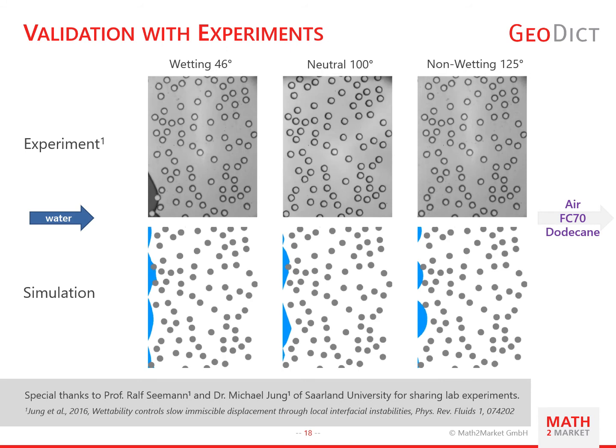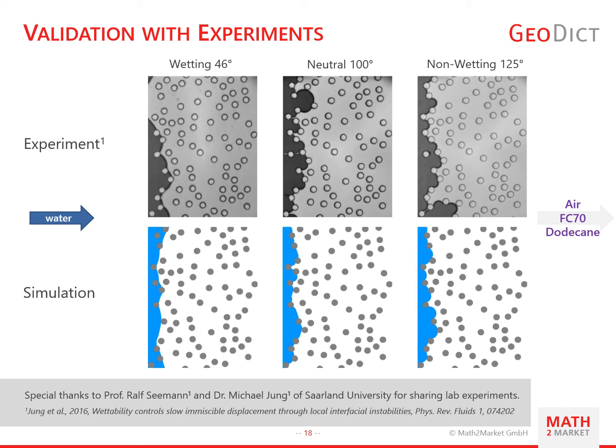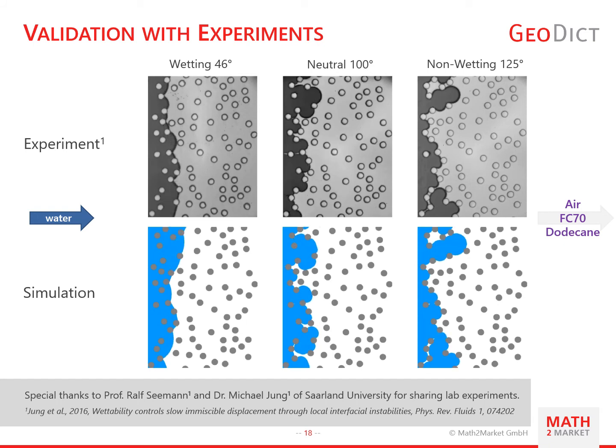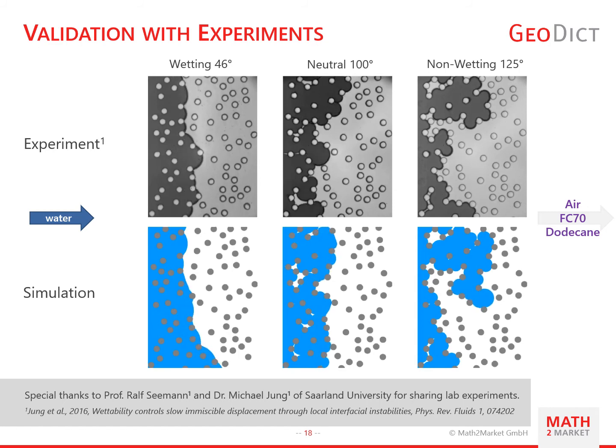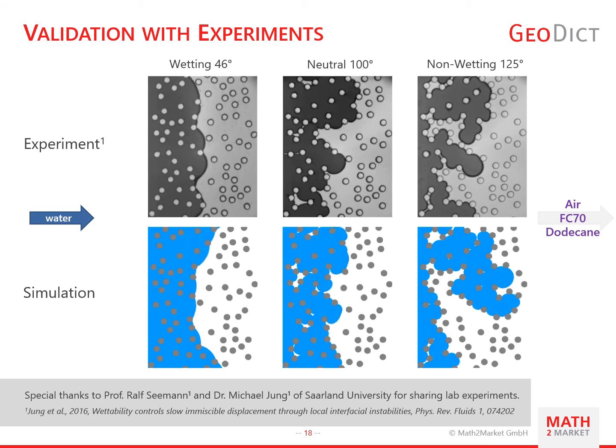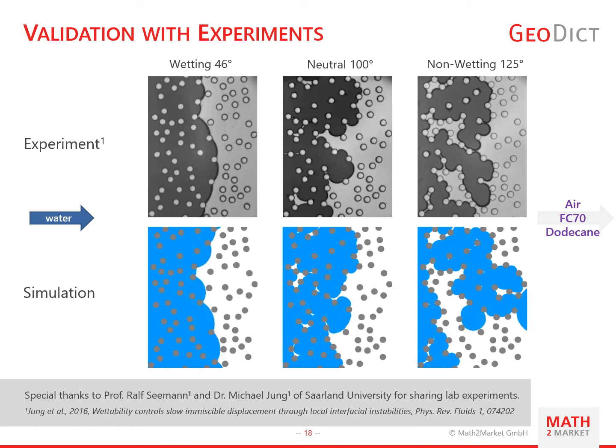First, we would like to visually compare microfluidic experiments to the pore morphology method results. Results are shown as animation for the wetting, the neutral and the non-wetting system. You may observe how nicely the computed fluid movements agree with the experiment for all three contact angles. In the wetting case, you can observe how the curvature of the interface changes its sign, resulting in a switch between concave and convex shape. This comes from the experimental setup because water is pumped into the system with an external force. The pore morphology method can also predict this kind of behavior very nicely with an experimental implementation.